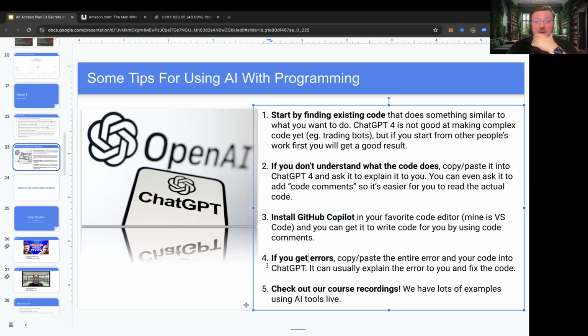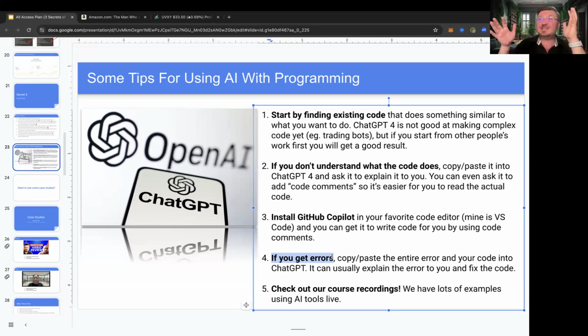Okay. Number 4, if you get errors when you're coding, and this happens all the time, especially for people that are new, there's that whole thing where people are scared to learn to code because they think, oh, if you put a comma in the wrong place, everything breaks. And that used to be true. But now, if you have a problem with coding, copy and paste the error, or better yet, copy and paste the error and the code itself, give it to ChatGPT, and it will fix it for you. Not only can it tell you what went wrong, but it can also literally modify the code and say, here's the working version, right?